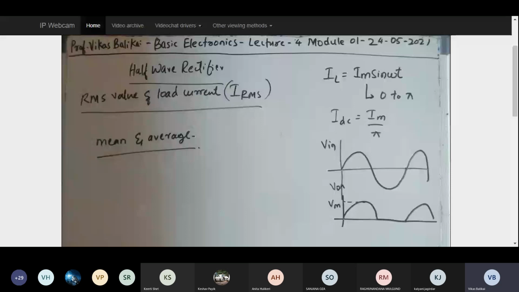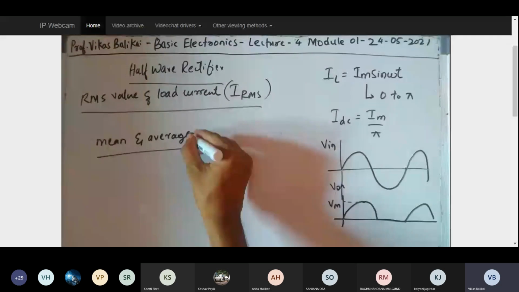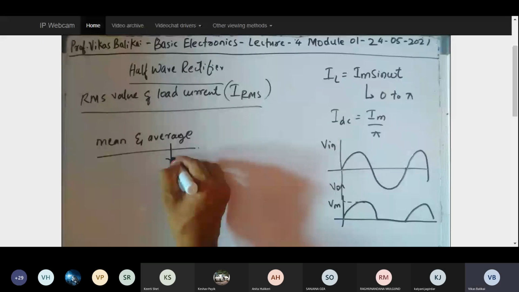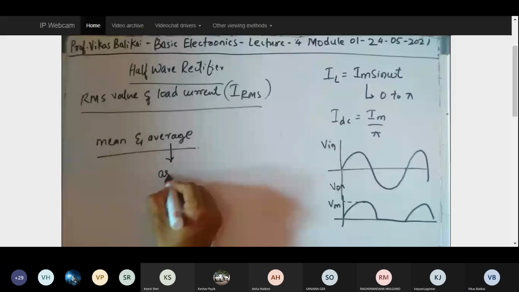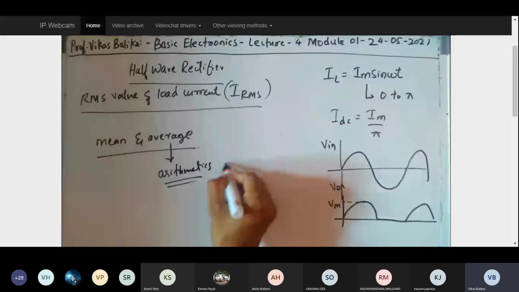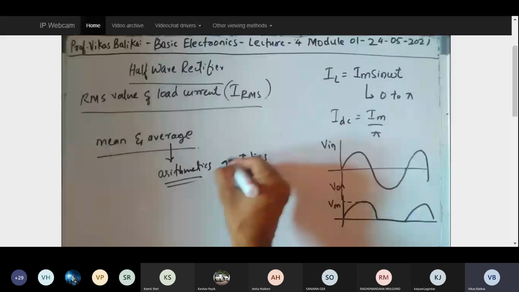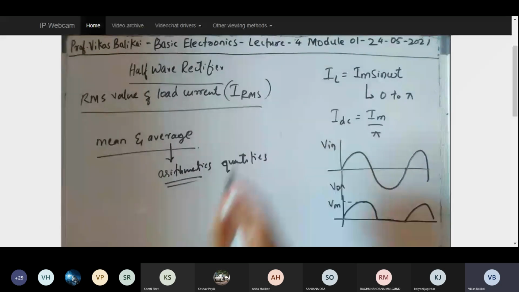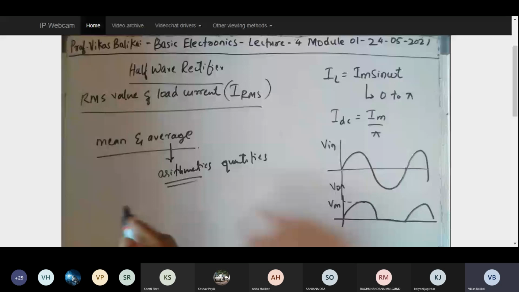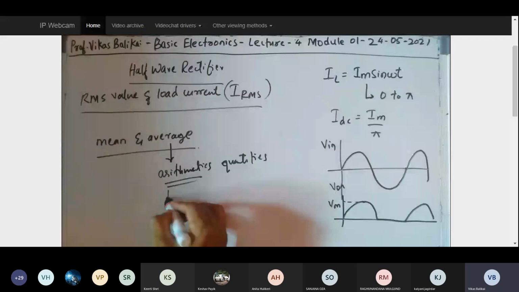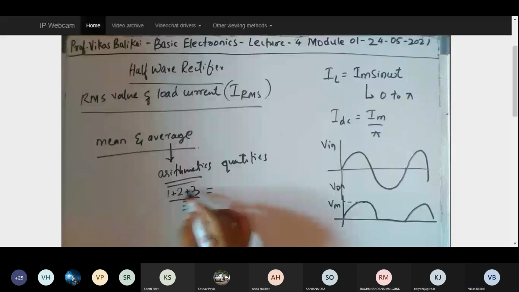Average is the quantity we talk about when we are using arithmetic numbers, or when we are dealing with some quantifiable numbers, wherein I take the average. Like if there are three numbers, I take the addition of the three numbers divided by the number of terms, so this will be my average. So that will be 3 plus 3, 6, 6 by 3 is 2, so this is my average.